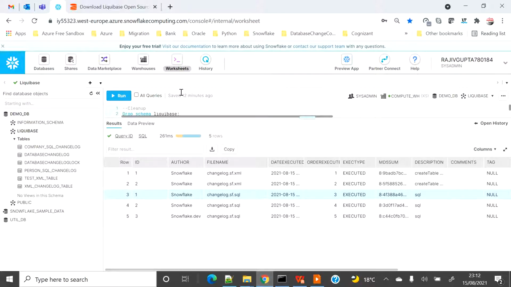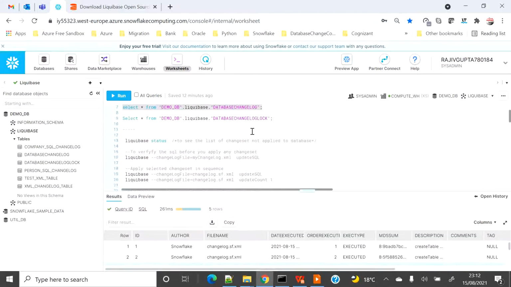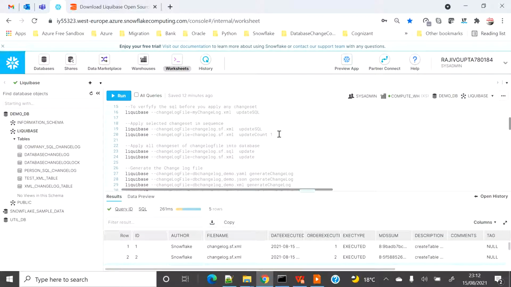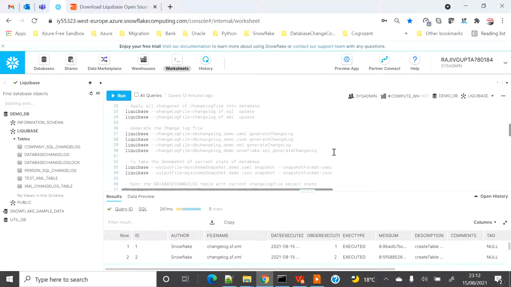So now we have seen how to apply all the change sets, and how to apply particular change sets in sequence. Now say we already have some tables or objects created in a database and I want to extract the DDL statements, right?